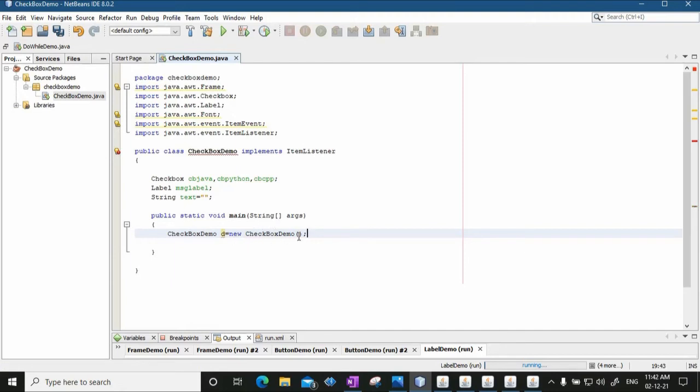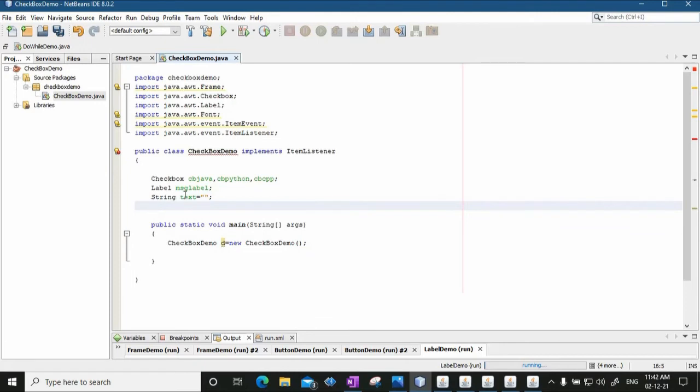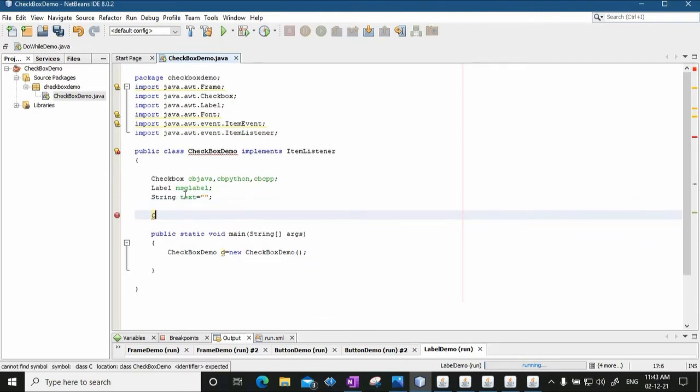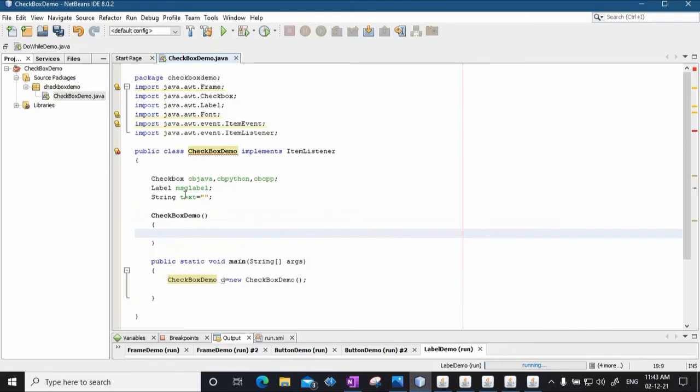Now when the object is created, the constructor is automatically called. So we will write the code for the constructor here. CheckboxDemo is the constructor name, and the entire code we are going to write in this constructor. The first thing is we are going to create a frame that will house these checkboxes.